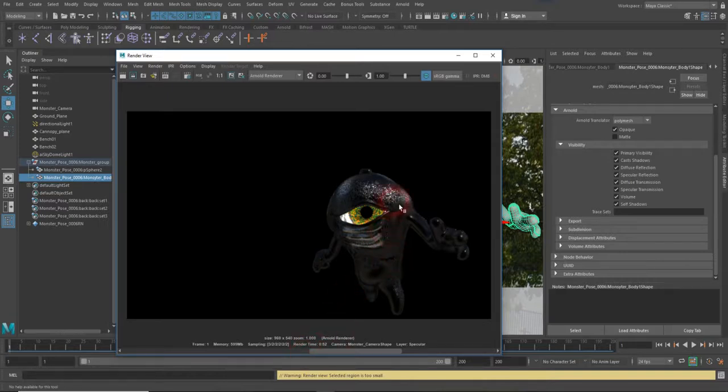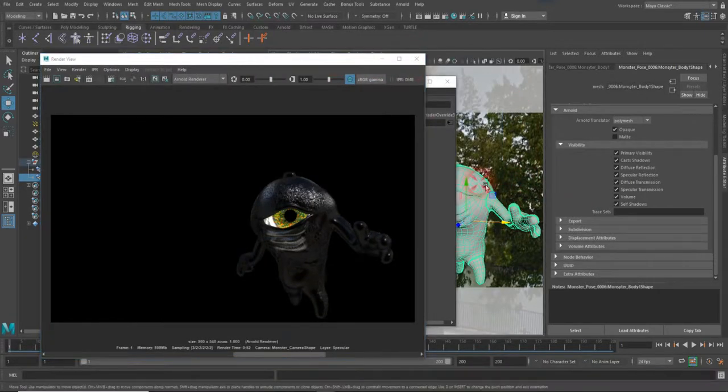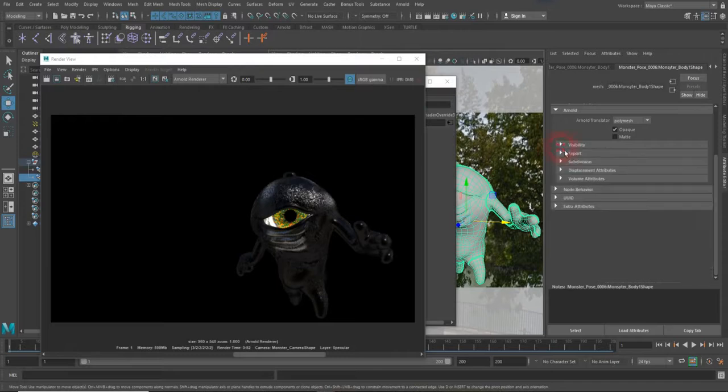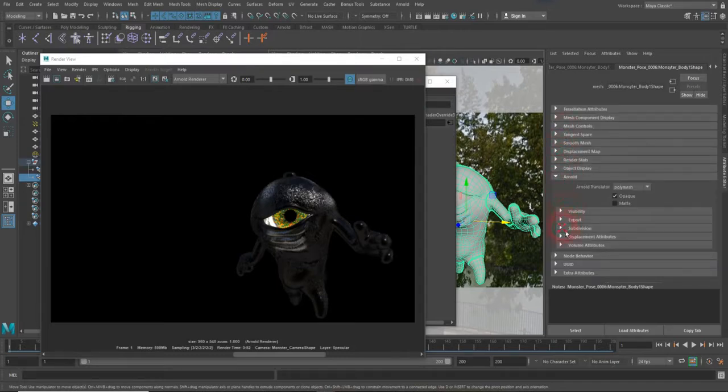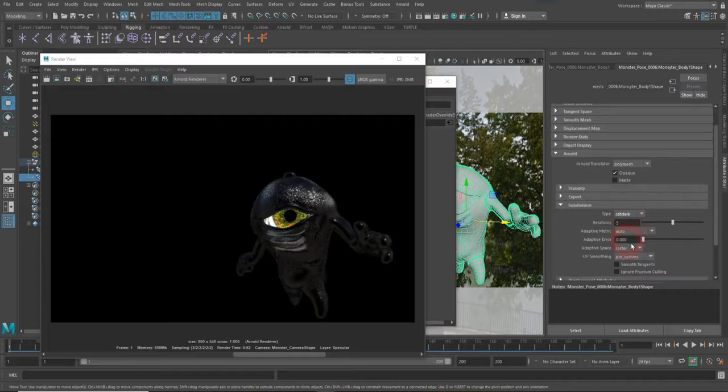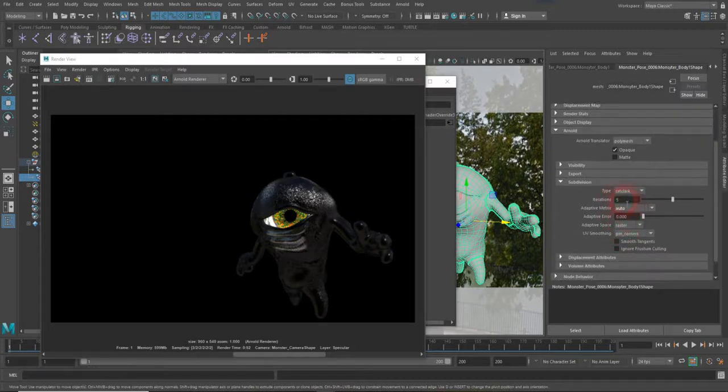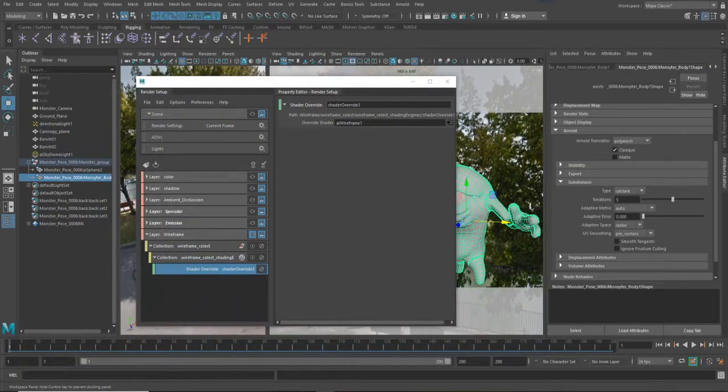If you remember, when we created the displacement, under the geometry, Arnold, we used the Catmull-Clark subdivision with 5 iterations, so that's what is making the geometry denser for the rendering. So what I need to do here is go back